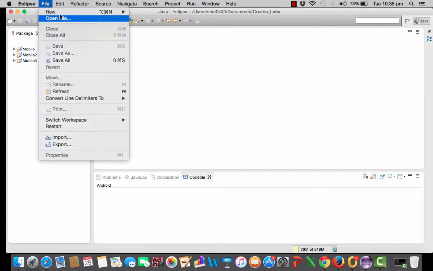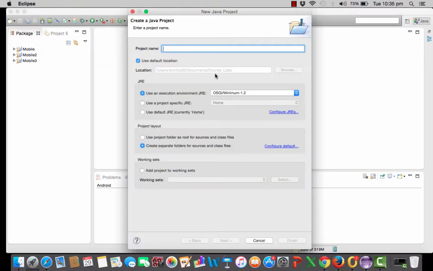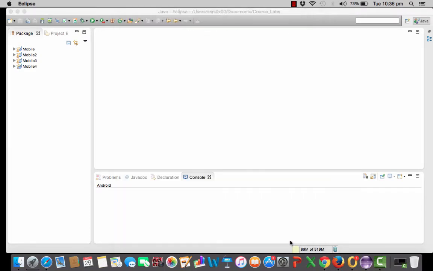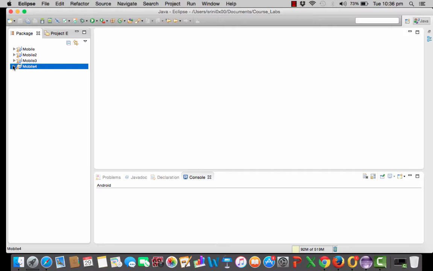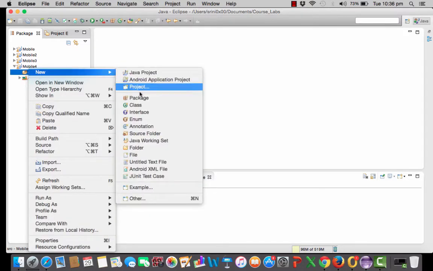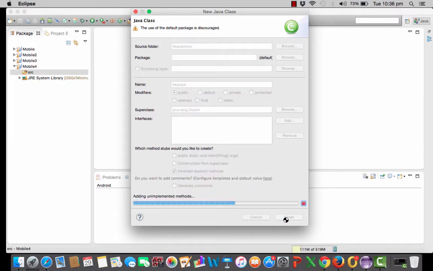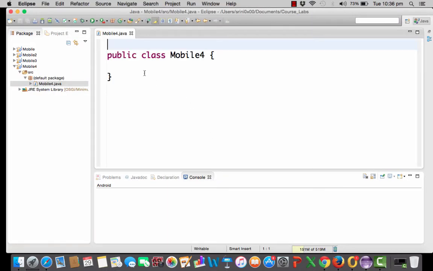Let's create a new Java project. Let's call it mobile 4. Finish. As you can see, a new project has been created. Now let's add a new class file and let's call it mobile 4 once again. Perfect. Now if you notice, we have a class called mobile 4 here, and as we just mentioned, I'm going